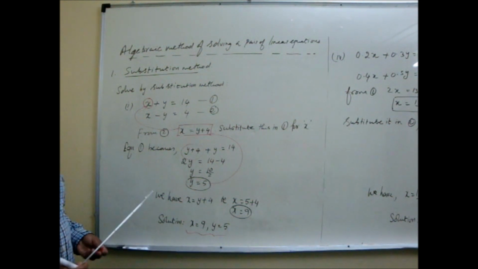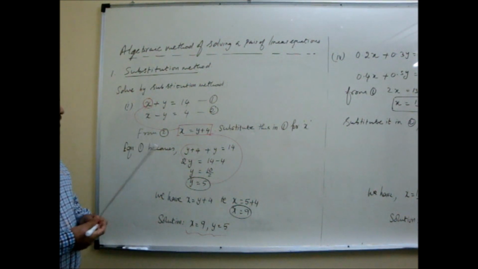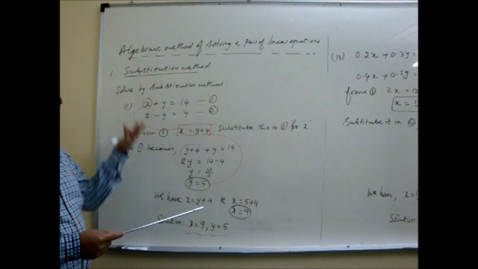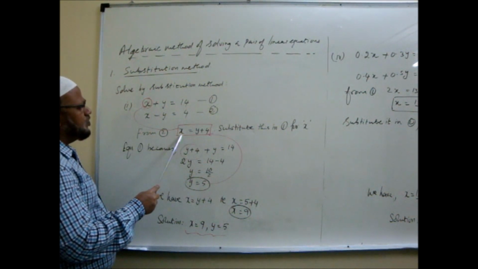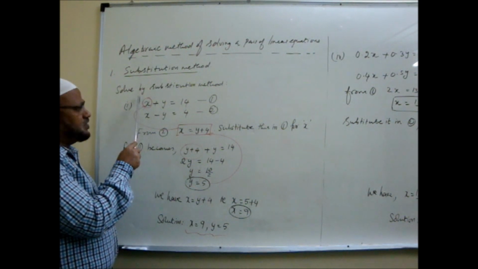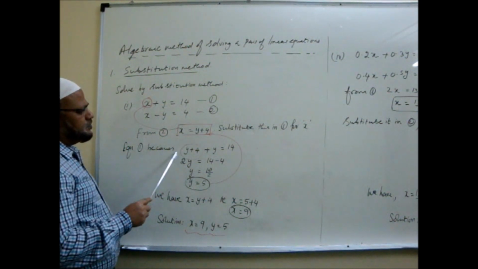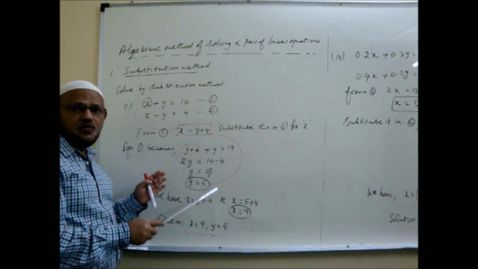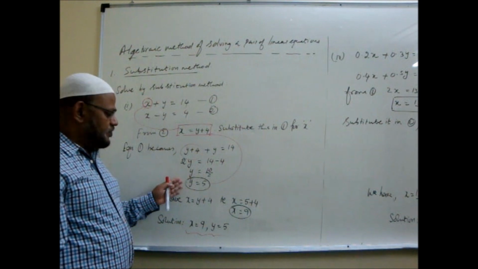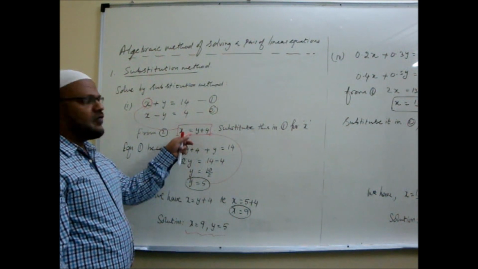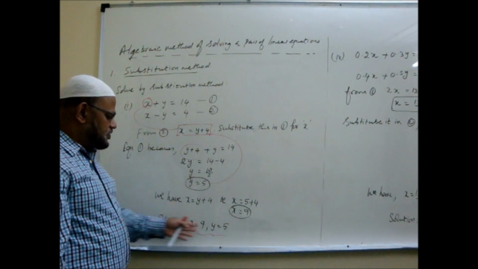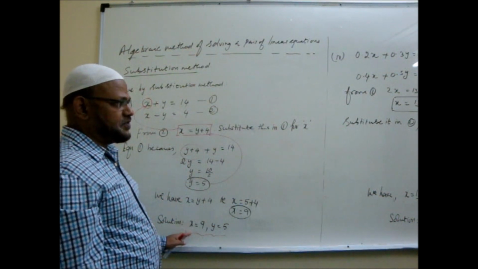Solution has been obtained. So the first step, what I have done from equation 2, you can do by taking equation 1 also, anything. From equation 2, I have got x is equal to y plus 4. Then I substitute in the other equation, in the first equation. And the first equation turned into an equation only in y. Okay? So solve for y. That one put back over here. So you will get the value of x also. x and y value we get. That is the solution. Okay?